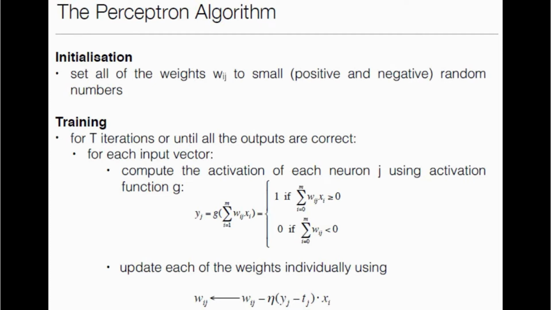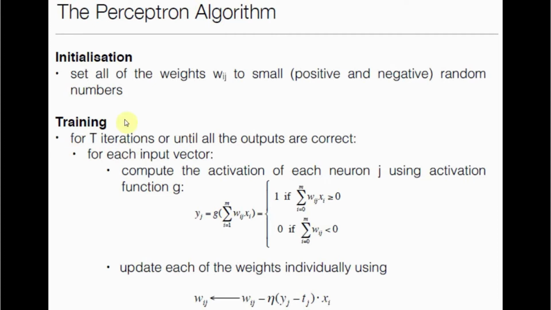After getting the output, the model is updated based on the difference between the target output, also called the true label, and the output we got from the current model, multiplied by the input sample and scaled by a constant called the learning rate, which represents how fast we want to modify the model. The training, or learning, continues for a set number of iterations or until all outputs are correct, which